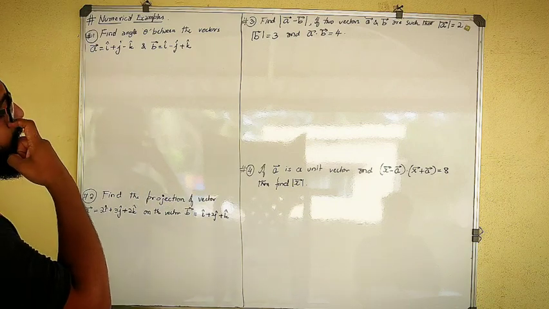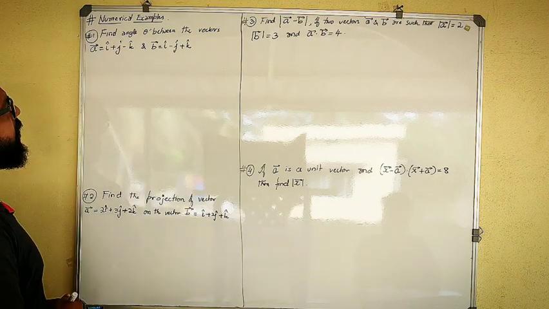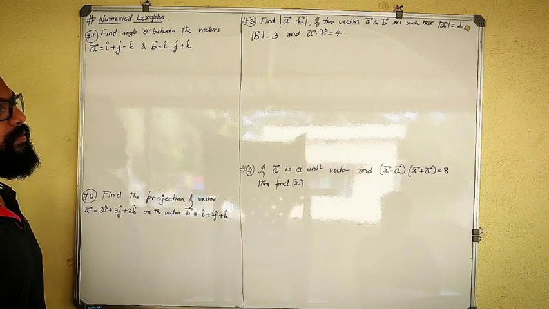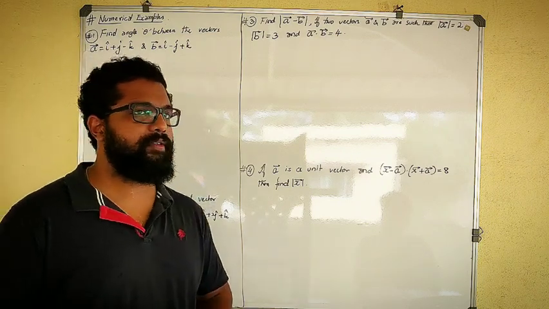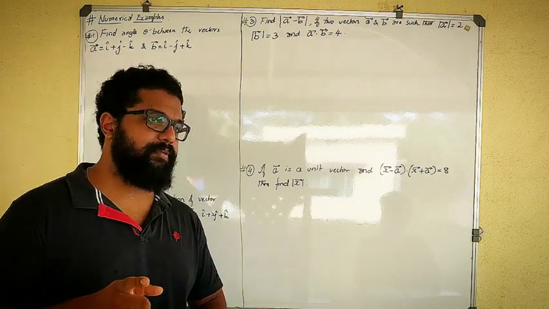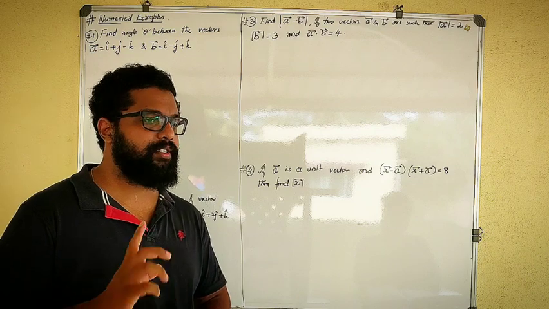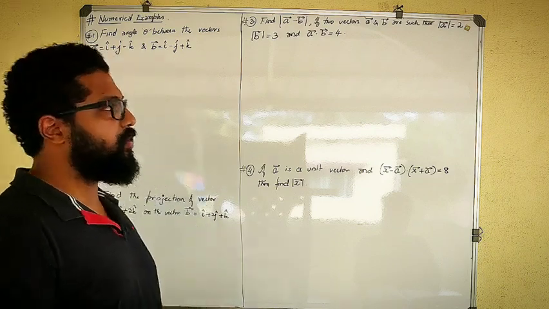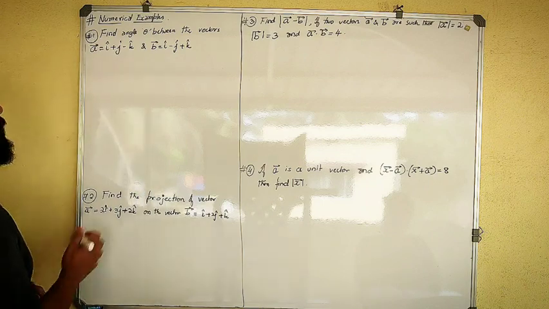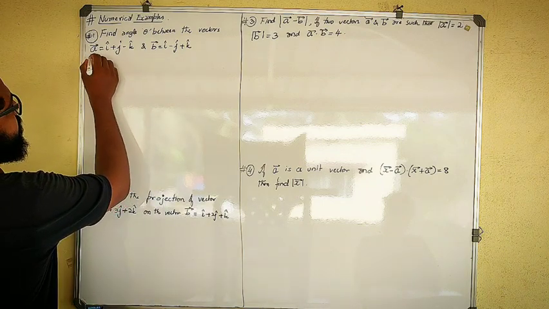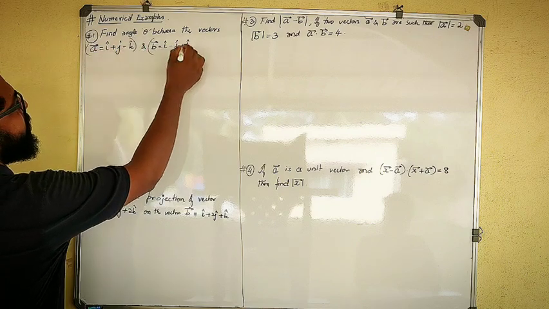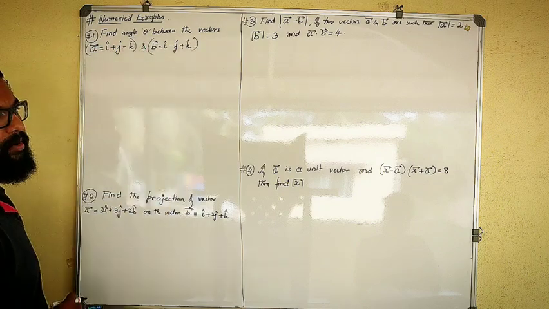Okay. Fine. So in this, find the angle theta between the two vectors. Now, we have already studied the dot product formula, that is A dot B is equal to magnitude of A into magnitude of B cos theta. So with the help of that cos theta, I will find the angle between the two vectors. So before that, let me write the formula once. So this is the question they are asking. They have given two vectors, vector A and vector B. We need to find the angle between these two vectors.